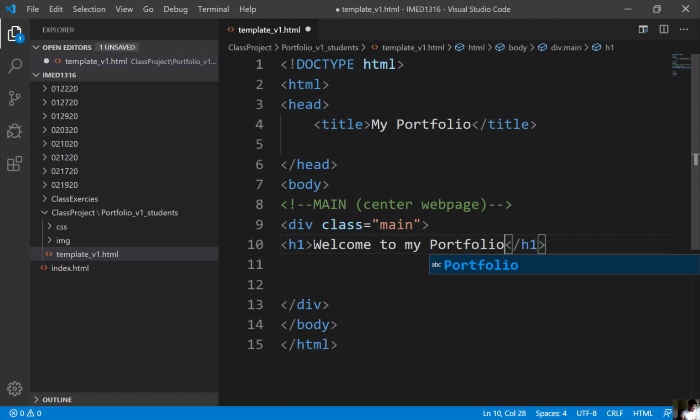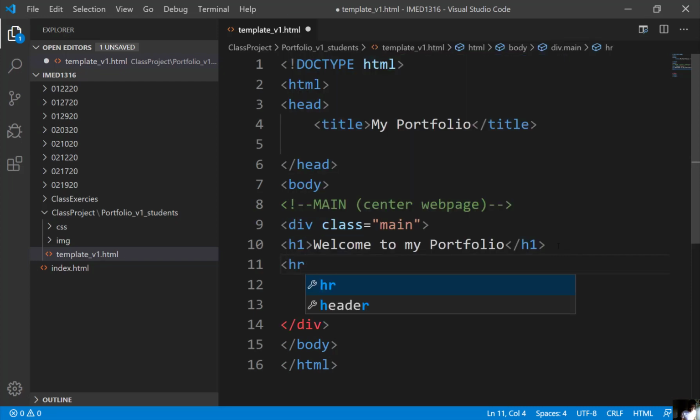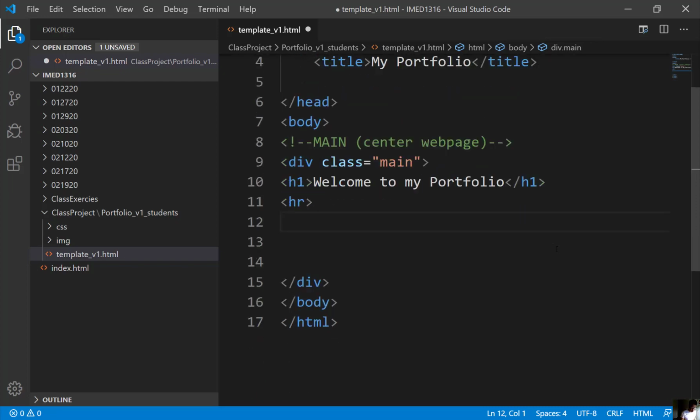Some sort of message like this, okay? And then we can come over to the right, and then we can do a horizontal HR, okay? Hit IntelliSense, close that off. Now, come down to the next line, and we're going to say